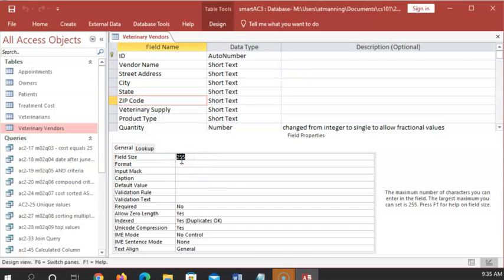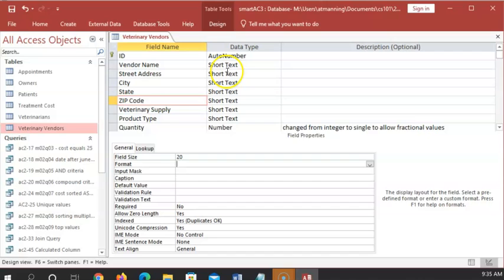The reason for this is, as we enter lots and lots of data, if we're reserving a huge amount of space for something that doesn't need to use it, we're wasting space. When we have a tiny database like we do, it's really not that big a deal. It's more of showing you how this field size works, if we can shorten it by just typing 20 there. Click and type 20 in the field size. And then,